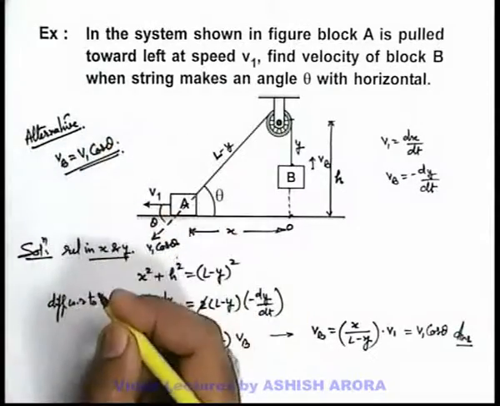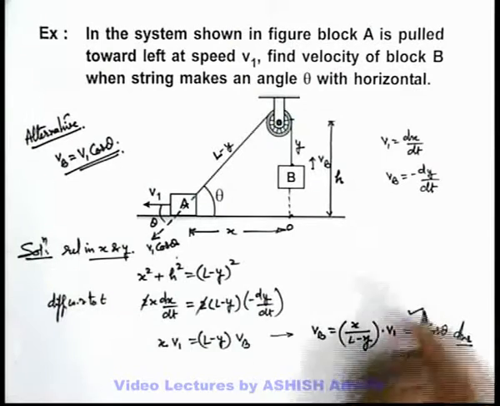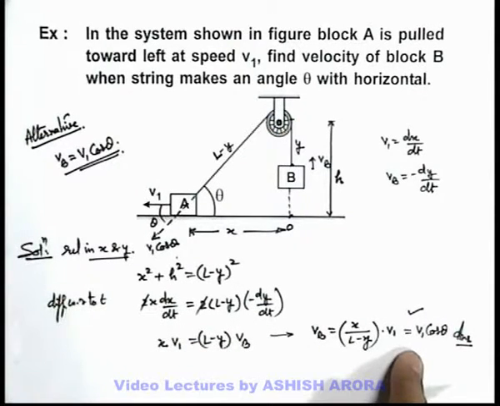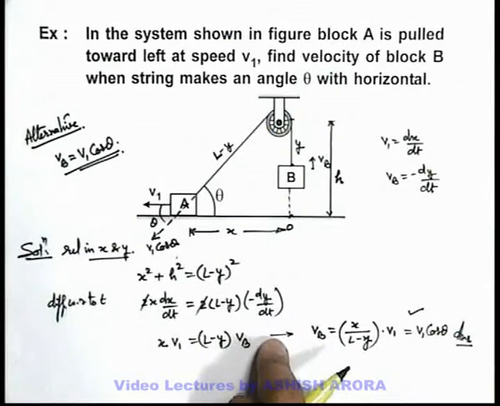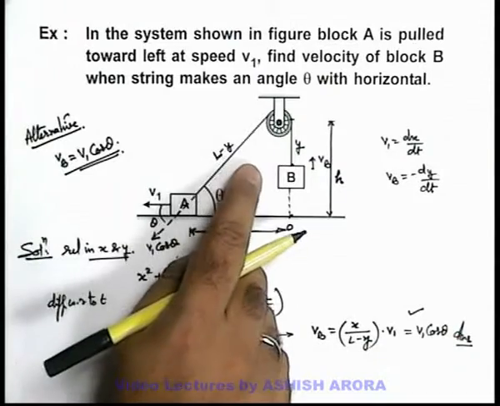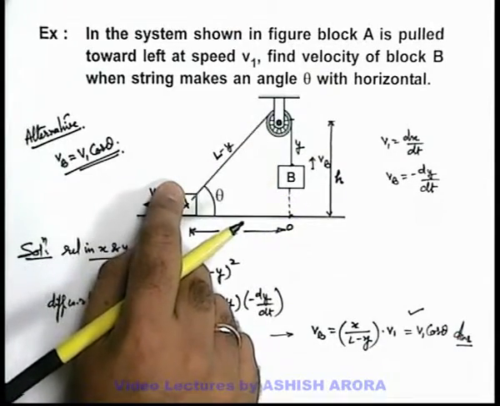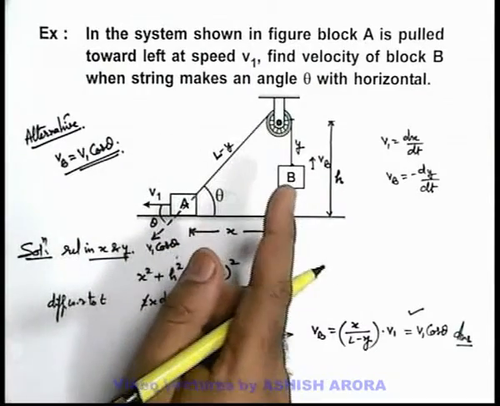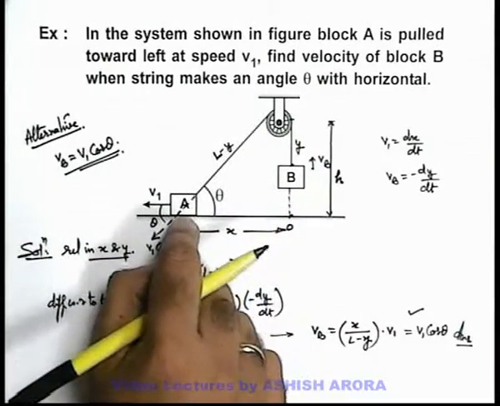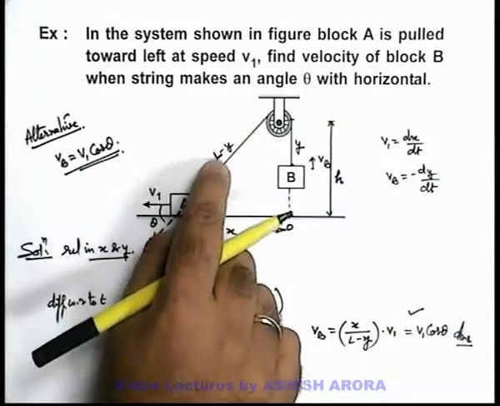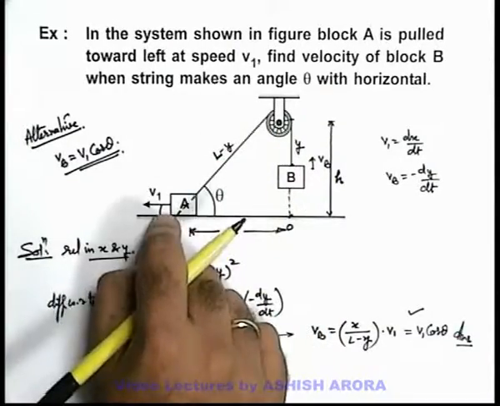This is the direct way to approach the result, and this mathematical analysis of constrained motion is the way by which we have evaluated the result. Both methods you must know, because in the majority of cases this is useful. But in such cases, when strings are connected with blocks, or one or more strings are there, or blocks are in motion, we can also relate the concept of constant string length with the motion of blocks like this.